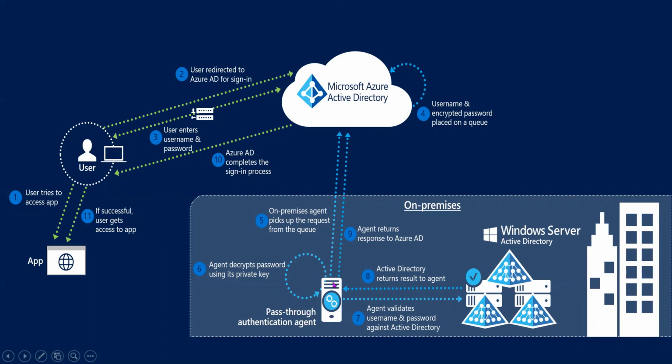pass-through authentication agent. Also, we had selected the single sign-on. So because of that, what happened? I created a virtual machine. I joined that virtual machine into the domain because the single sign-on was enabled in the backend. So once I logged into the virtual machine, after that, it did not ask me for any password when I tried to access myapp.microsoft.com. Okay, so this is how this whole concept of pass-through authentication and a seamless single sign-on works here.